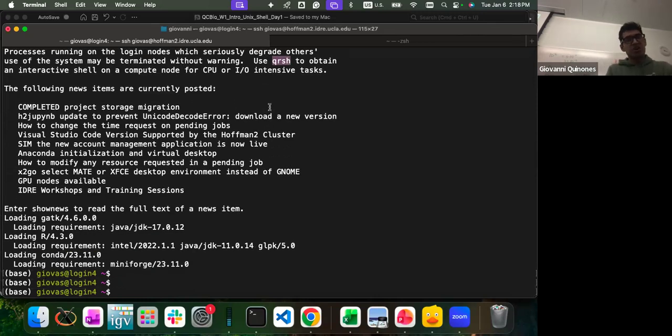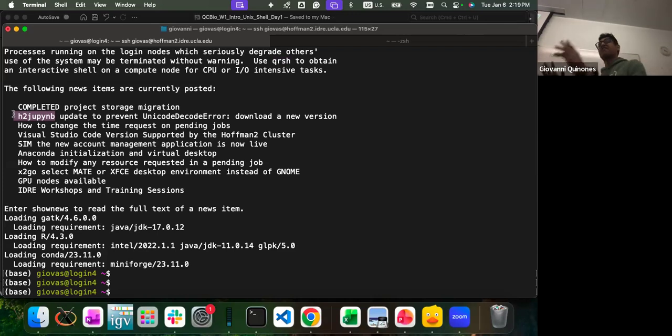Now, of course, with Huffman, for this workshop, we're sticking to the command line. But just for your reference, there are other ways that you can use Huffman. Another example is using Jupyter Notebooks. Jupyter Notebooks are an interactive way of writing code.